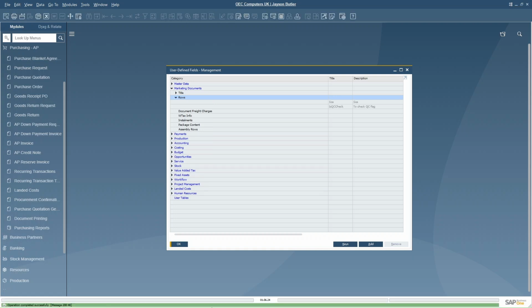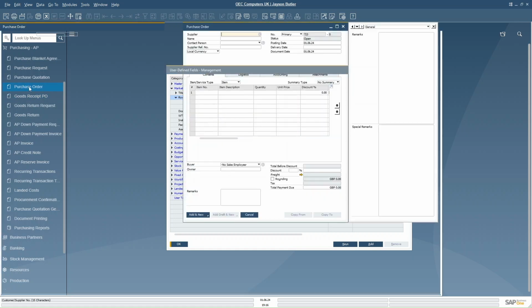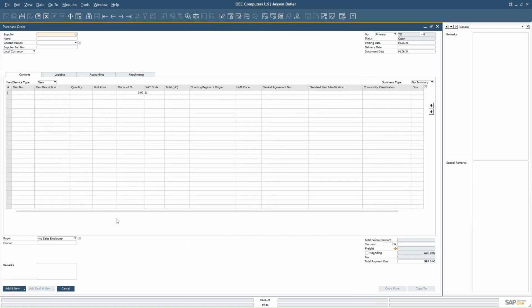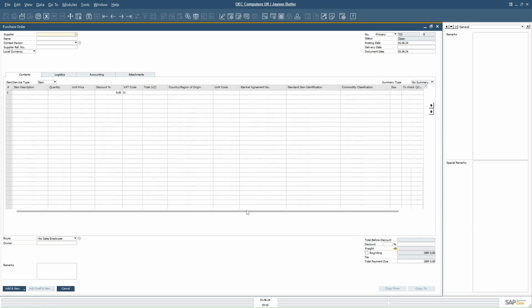So now the UDF has been created. We will go and check in the marketing document. Any marketing document you open, like purchase order, we can just move to the right hand side and we can see the QC check flag is available at the row level, and it will only accept yes and no.